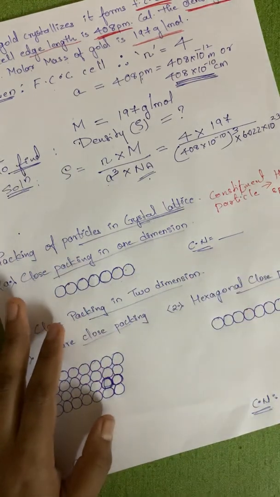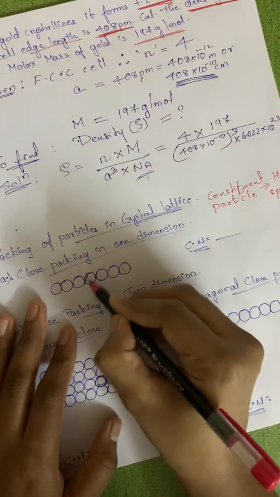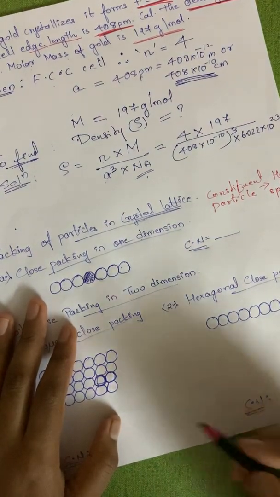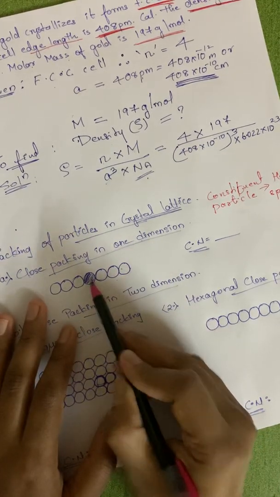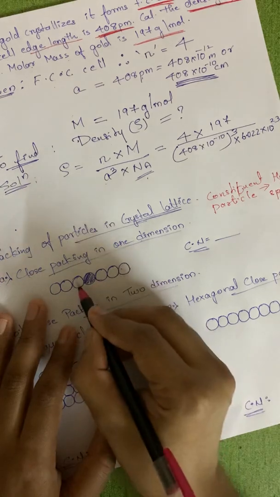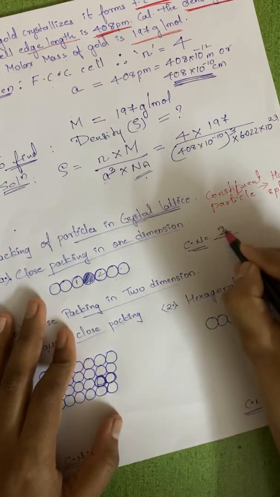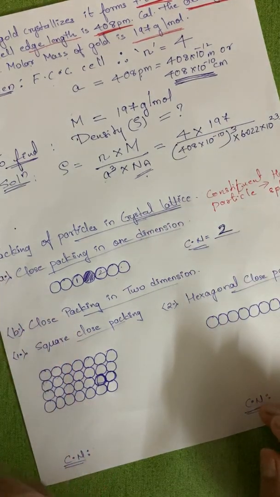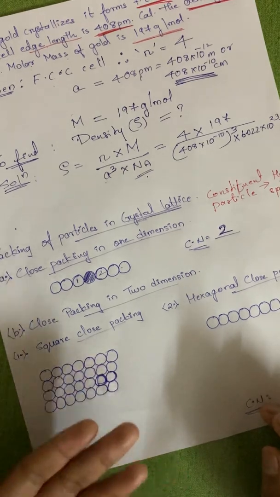Now we have to understand what the coordination number is over here. I can select any of the constituent particles. Now how many constituent particles are attached to this one? This one and this, two. So the coordination number over here will be nothing but 2. Hopefully this is understood. We are talking about packing of particles in crystals.